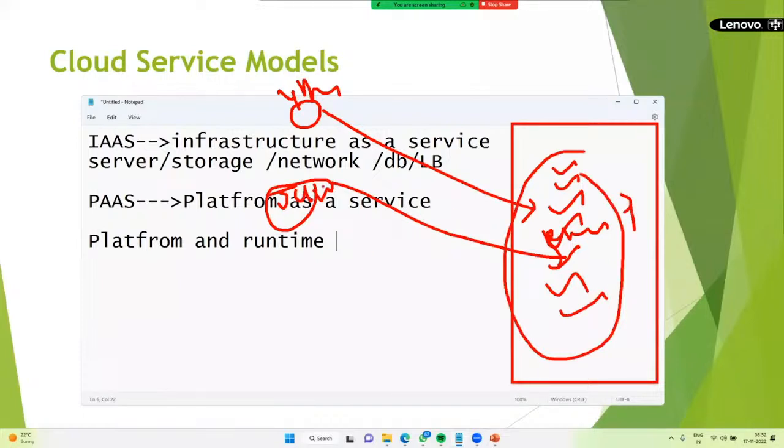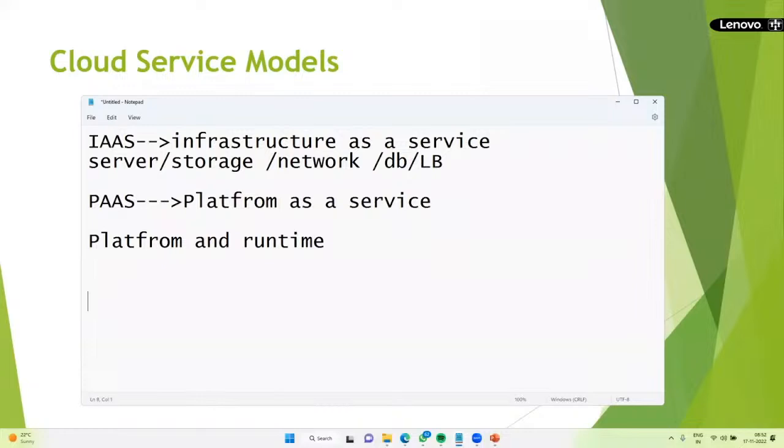You need not bother about it. Just point it at your application. That's it. That is platform as a service. Next, the third one is very important: SaaS. SaaS means software as a service.